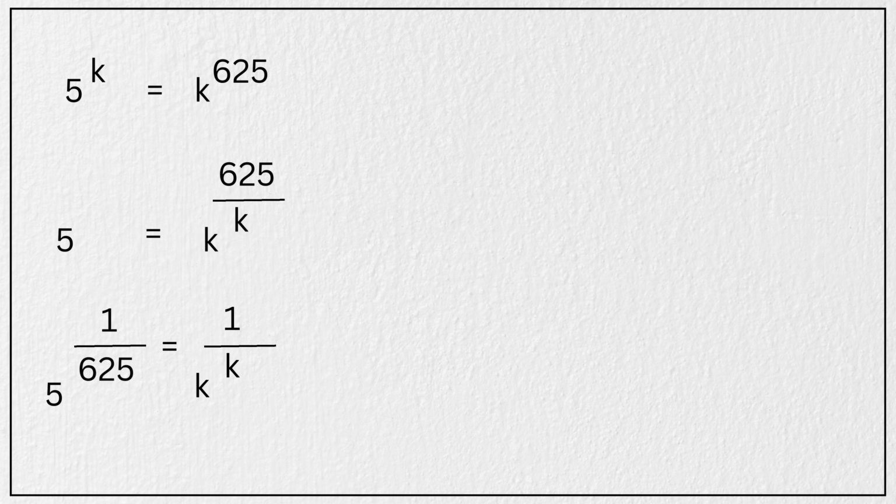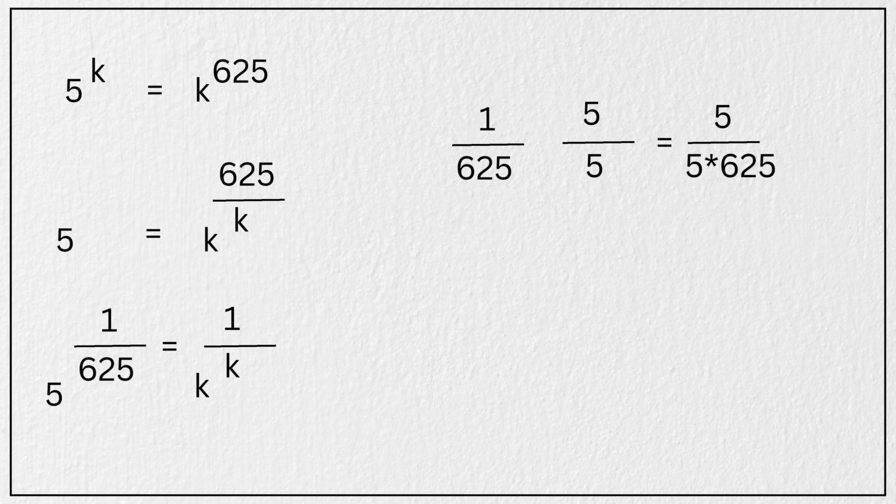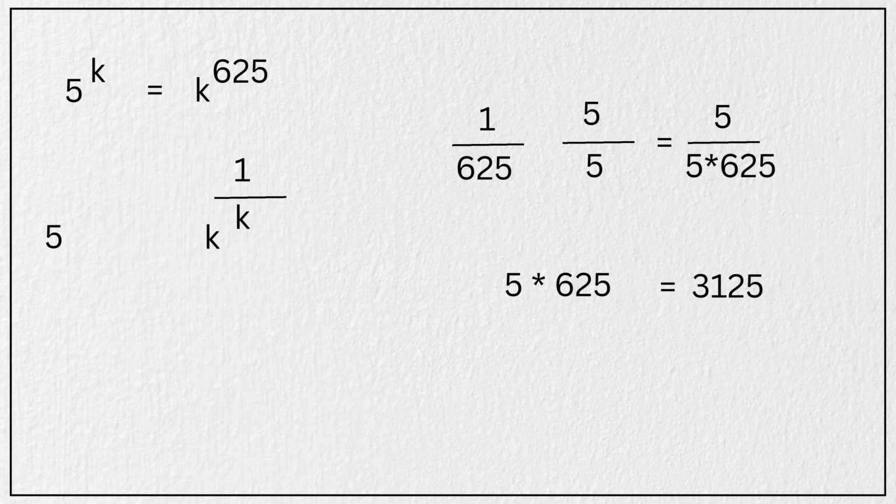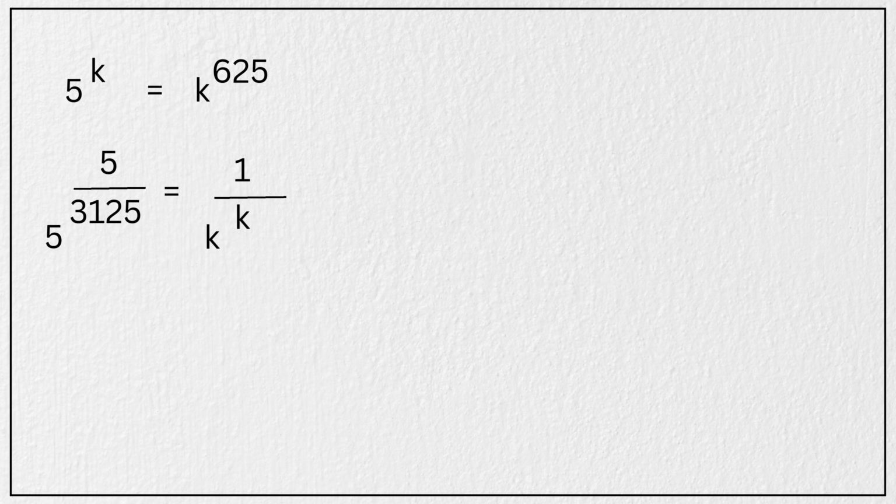Holy moly! Now let us look closely at this 1 over 625. A clever trick here is to multiply and divide this exponent by 5, which gives us 5 over 5 times 625. Now 5 times 625 is 3,125. So we can rewrite the left side as 5 raised to the power 5 over 3,125. Again using the rule of exponents, we can split this as 5 raised to the power 5, then the whole thing raised to the power 1 over